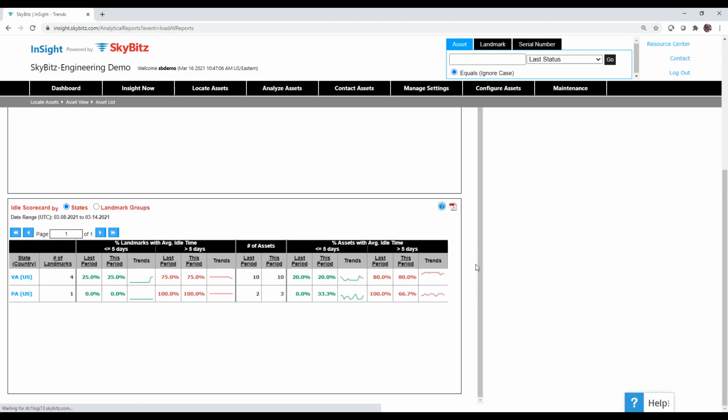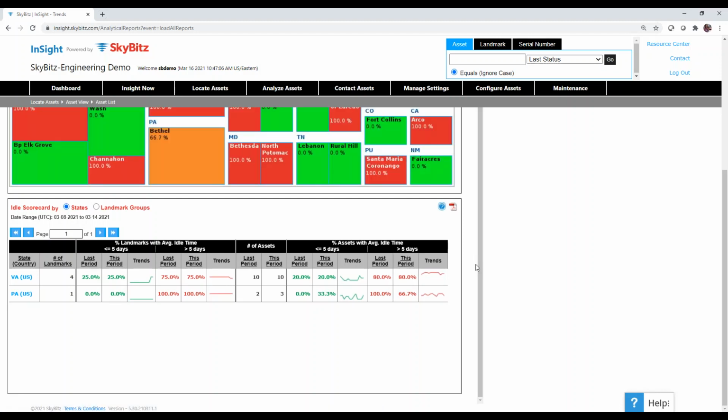Okay, so we have an idle scorecard. So this is a little bit more robust in your accounts than it is here. So I'll just kind of explain what we're looking at here. It displays the health of landmarks by state, right? Or landmark groups, but we're going to default to state right here. So we're looking at this